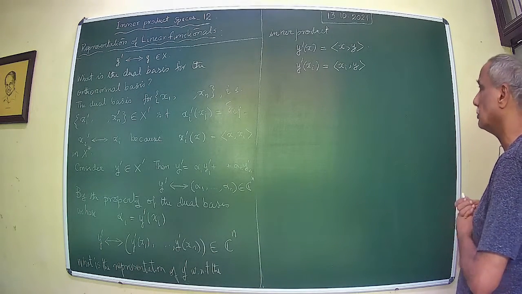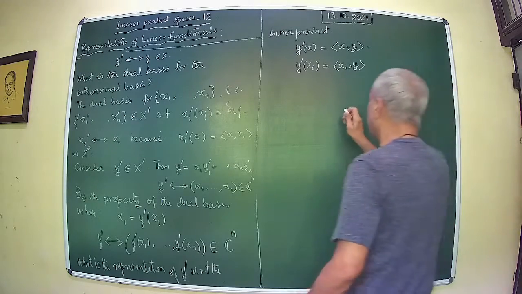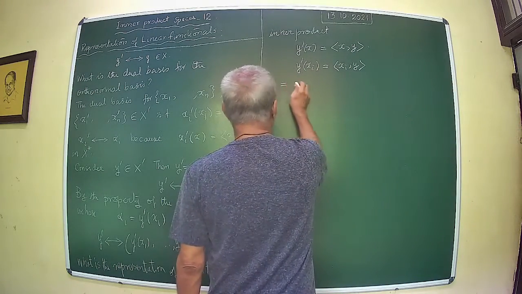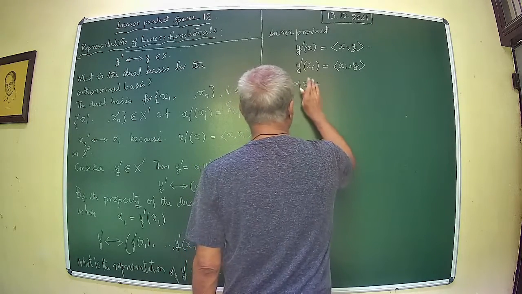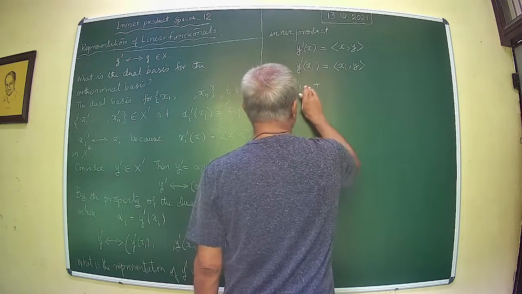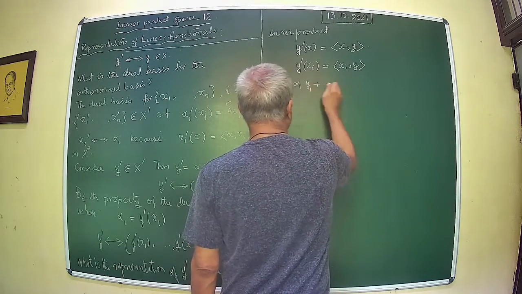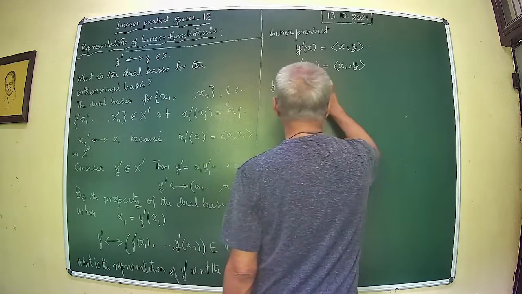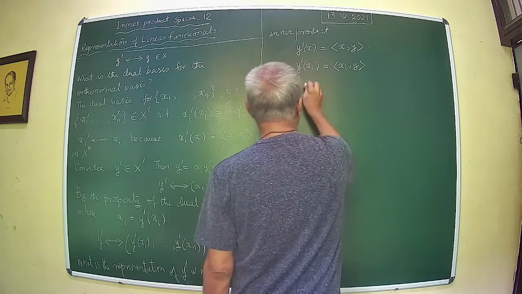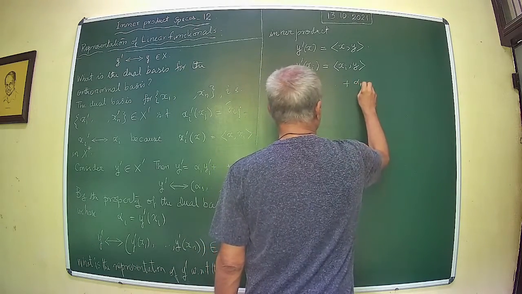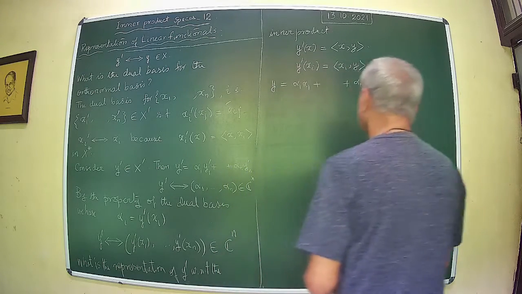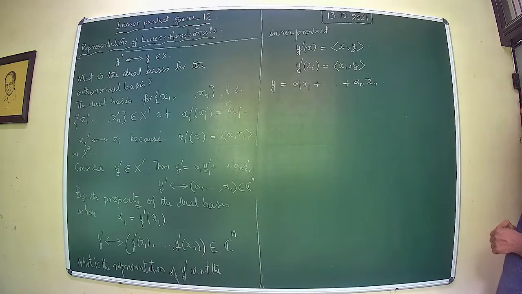Okay. So if you write y as alpha 1 x1 plus ... plus alpha n xn, then